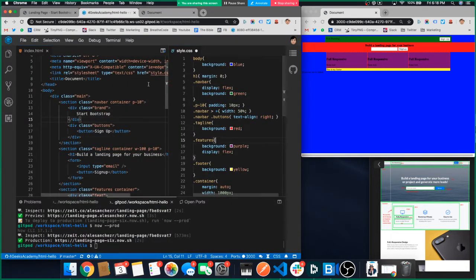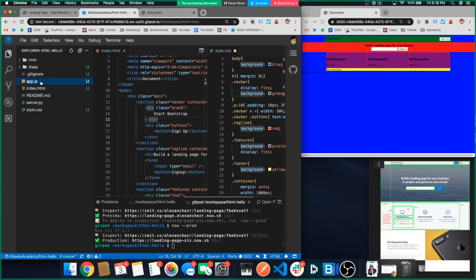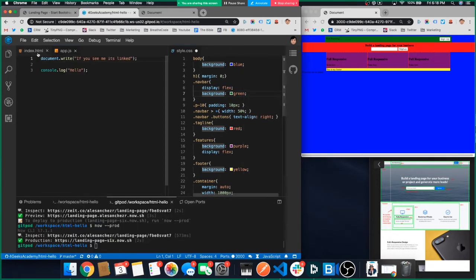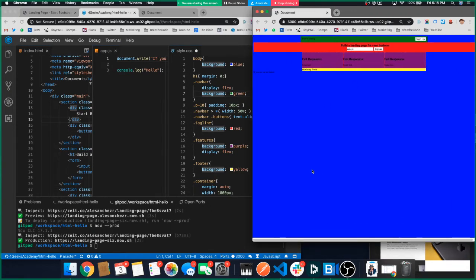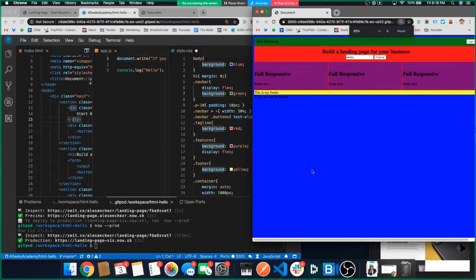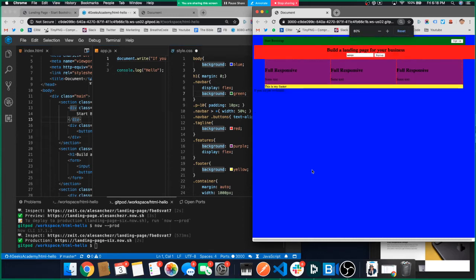Let's go back here and let's start working on the JavaScript. Now that we have our website published. So open your app.js again. And what do we want to happen? We want, so when people click here and say their email, like when they click on the website, let me put it in a normal size again. Yeah, so when they click on the website,